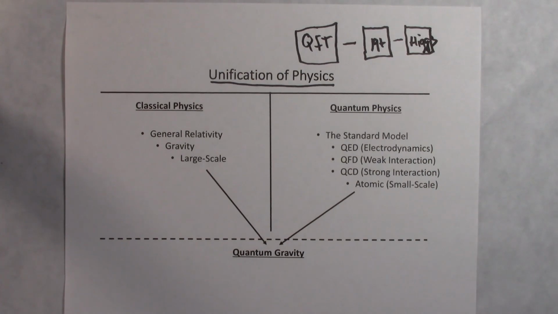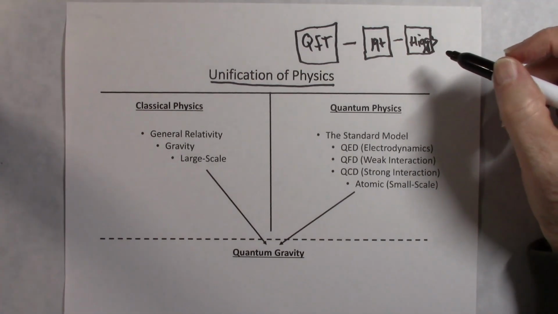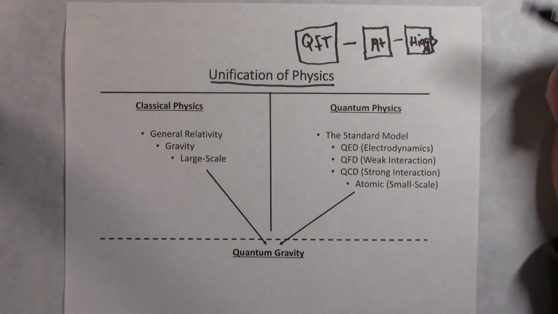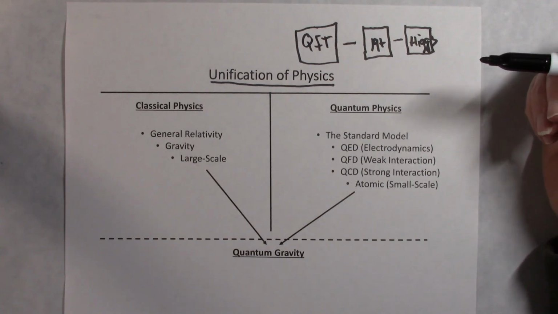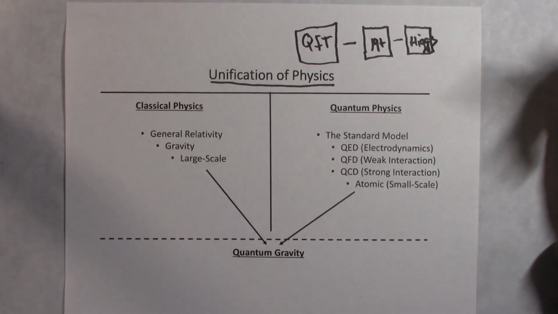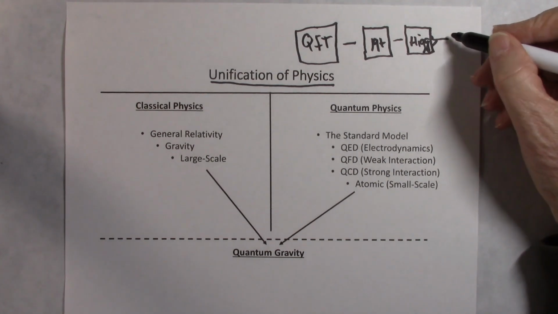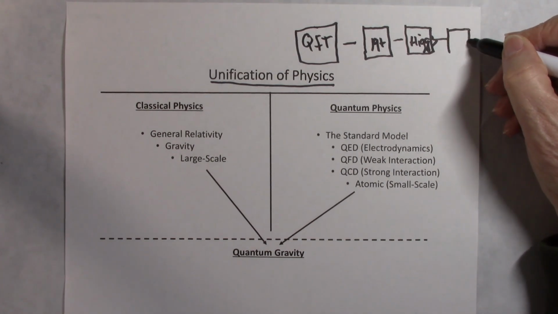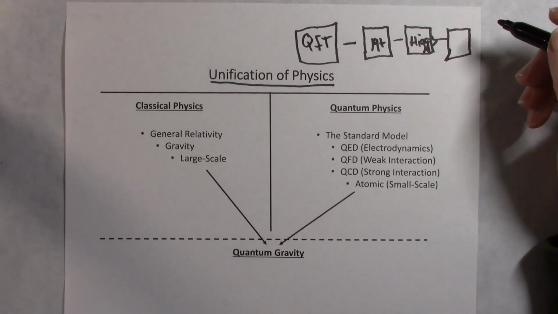The Higgs mechanism tells us how particles gain mass. All the particles in quantum field theory are massless particles. So there has to be something in the theory that allows us to explain how particles gain mass, and that's called the Higgs mechanism. And the fourth thing that needs to be added to the standard model before it can